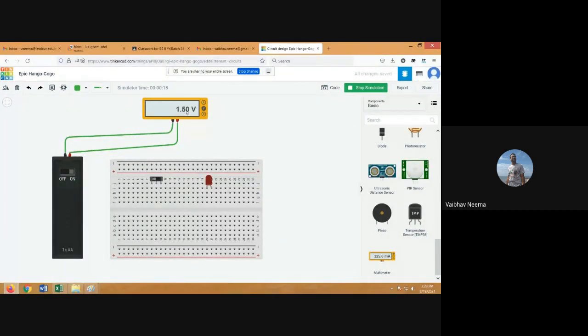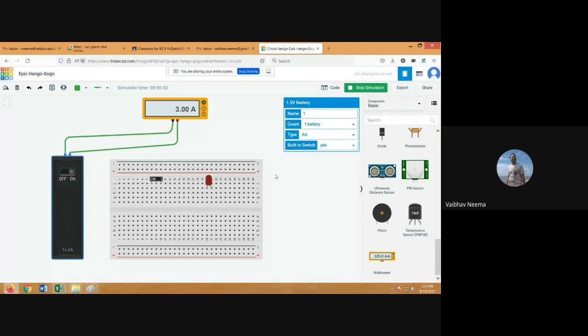Now suppose I want to measure the current that passes through the battery. On the multimeter we have the option, you can select the ampere, so it will give you 3 amperes of current. So this battery is 1.5 volts with 3 amperes of current. And if you select the resistance, it will give an error. There will be no resistance across this battery. So there is an error, and we have the voltage of 1.5 volts and 3 amperes of current.